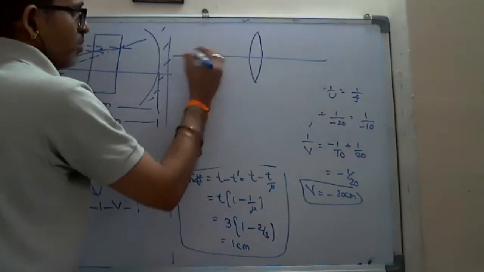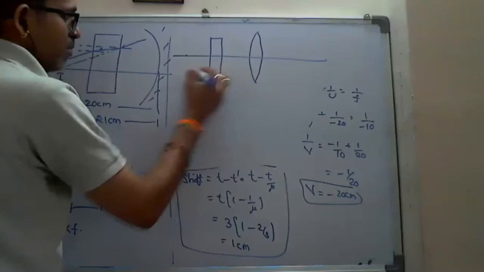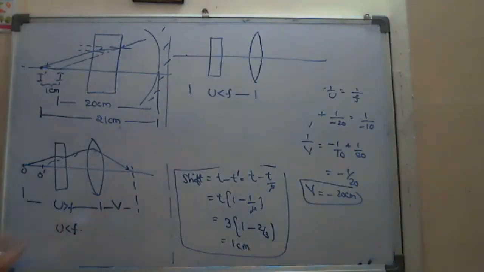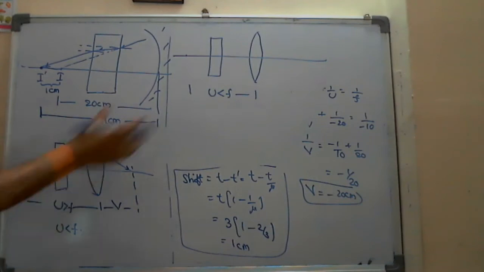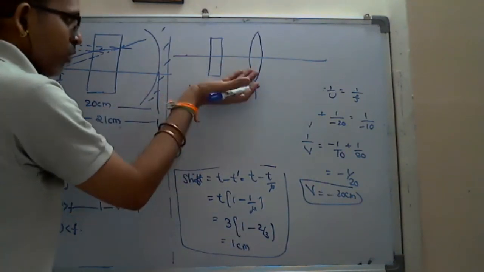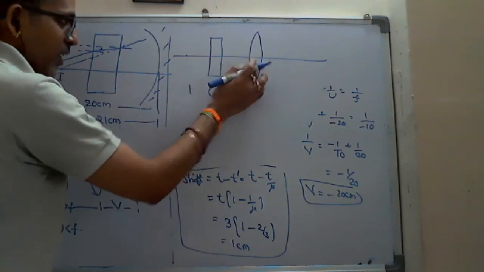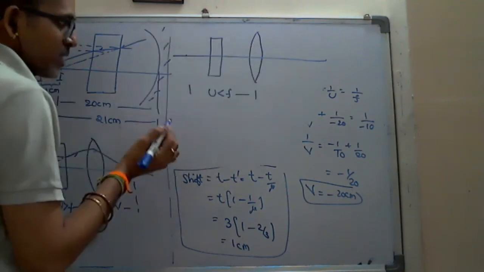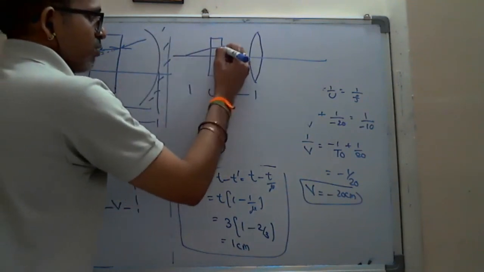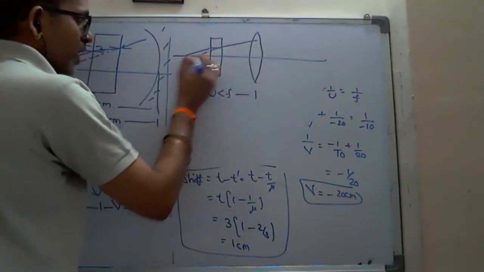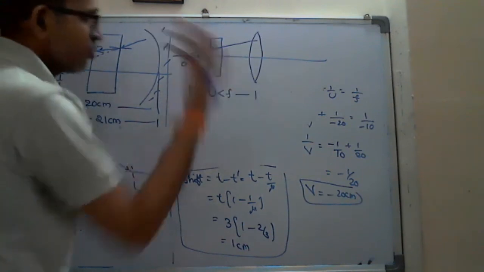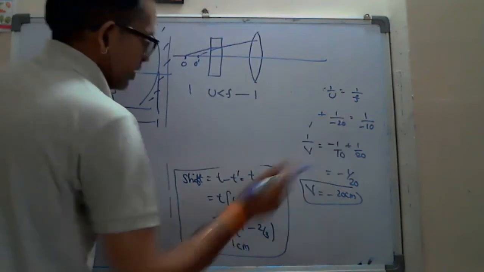Suppose this is the object and here I placed the glass slab, and this object distance is less than the focal length. Then you know the condition here. If the object distance, particularly for a lens, is less than the focal length, the image will be virtual. For a convex lens, virtual and formed on the same side. So here, generally, what the student feels is that this is the refraction and this is the shift. Till here, we can find O to O dash, and this is considered the object distance. We will find out v till here.